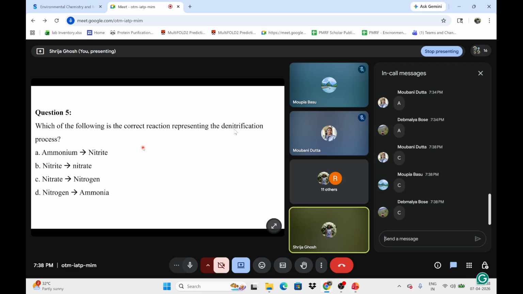See, I'm asking the same question in different styles so that you remember which reaction is what. This is a very important topic. So all of you try to answer this. I've already explained all the process. So this is something I've just told you. What would be the correct answer? Again, only 3 people have answered. What about others? Anyone else wants to answer?